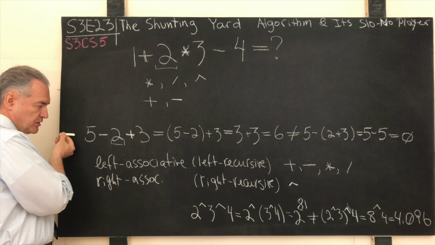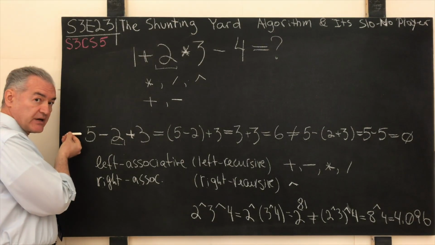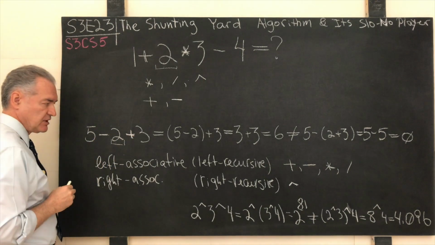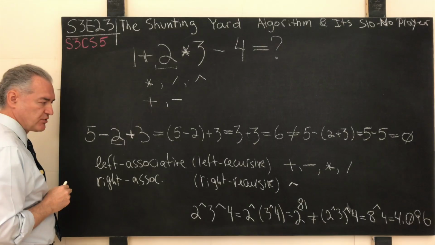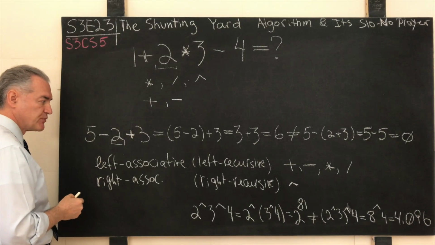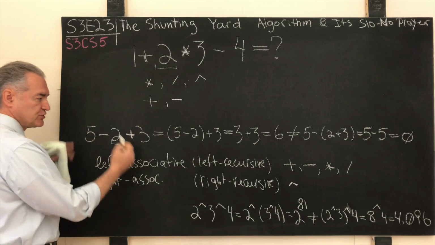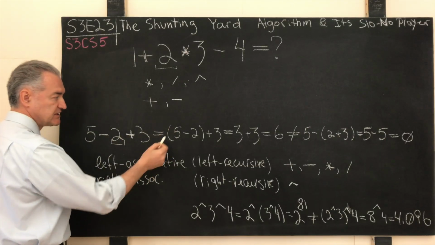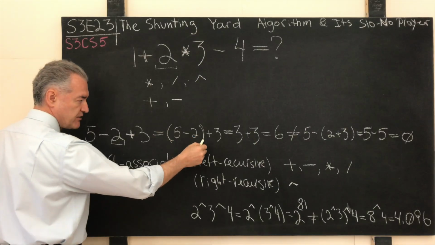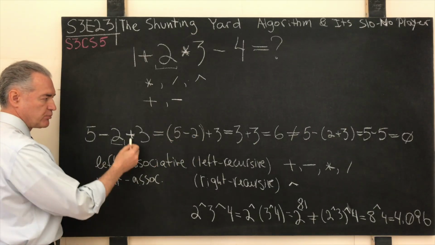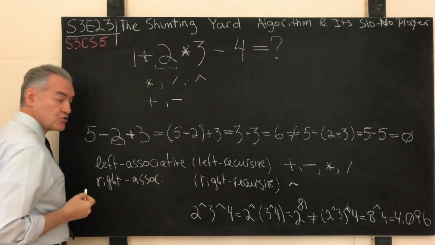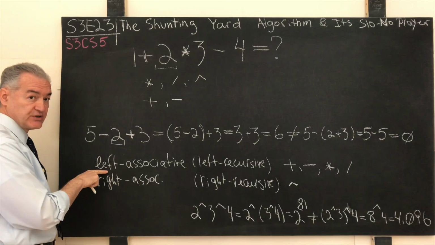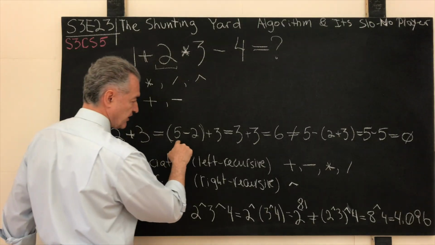That means that as we read our arithmetic expression from left to right, we execute left associative operators left to right, or we group them from the left, which means that first we translate this expression into the one shown over here. Implicitly, we have the parentheses, which tell us that across two operators, the leftmost one should be executed first. That is the meaning of left associative or left recursive,